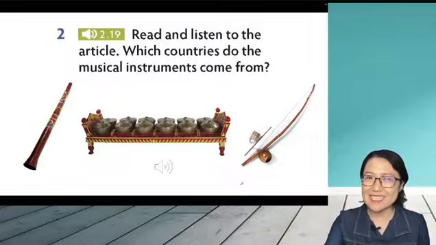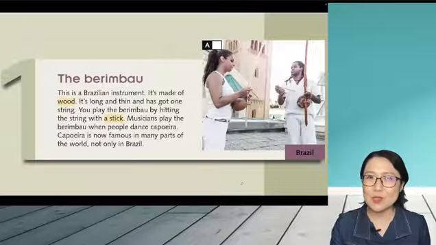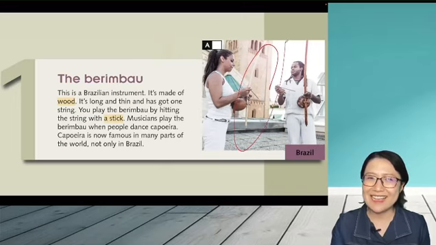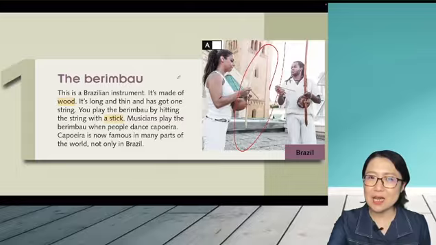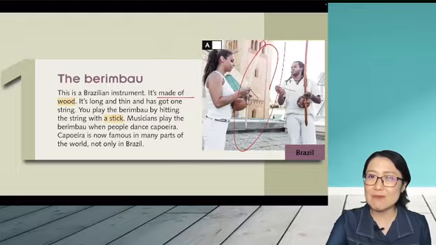And now, let's take a look at this passage. 来，我们现在一段一段的来看一下。So the first one is the berimbau. So you see, this is on the picture here, right? Okay. And it's made of wood. So, made of, 它表示由什么什么造的。一般呢，都是用来表达材质的时候，会用来说 it's made of something. It's made of wood. That means it is we use the wood to make the berimbau, right?